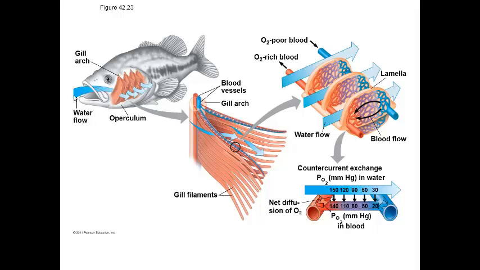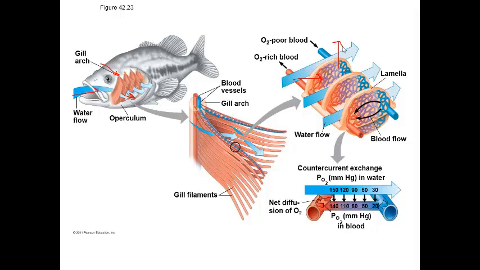Fish take water in through their mouth and through their spiracles. As water enters their mouth and enters their spiracles, it's going to exit the fish through the gills. As water passes over the gills, oxygen is going to be extracted and carbon dioxide is going to be released. Here you see a picture of this taking place. As water is passing over the gills, oxygen is going to enter the bloodstream and carbon dioxide is going to